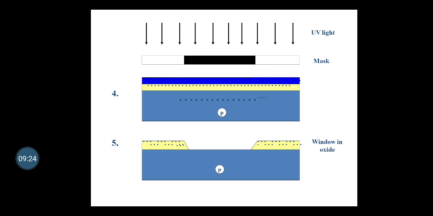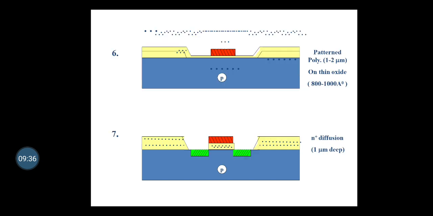The remaining photoresist is removed and a thin layer of SiO2 is grown over the entire chip surface, and then polysilicon is deposited on the top of this to form a gate structure as shown here. Further, photoresist coating and masking allows the polysilicon to be patterned as shown in step 6, and then the thin oxide is removed to expose areas